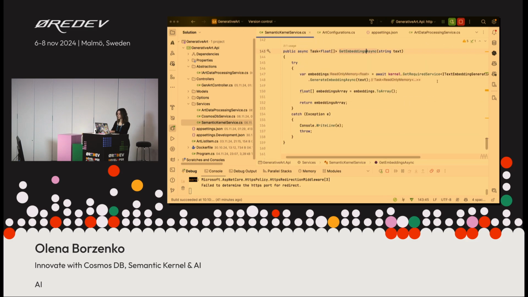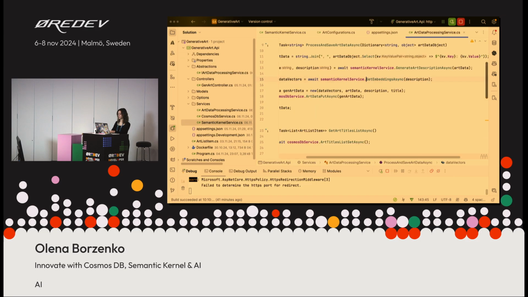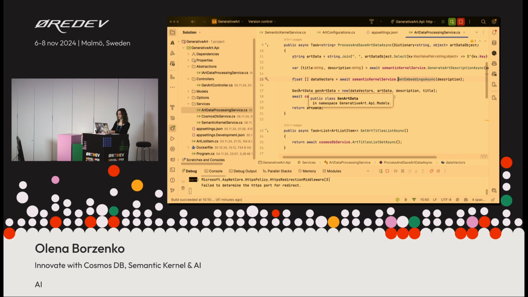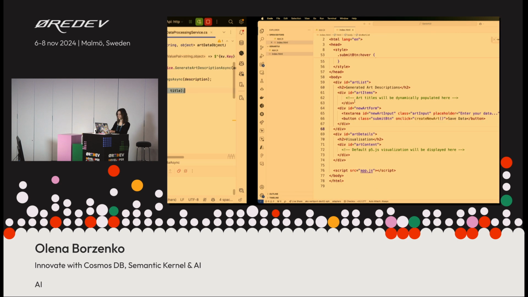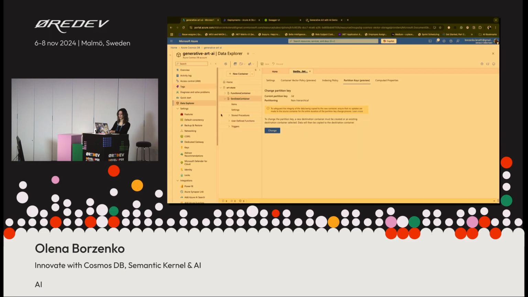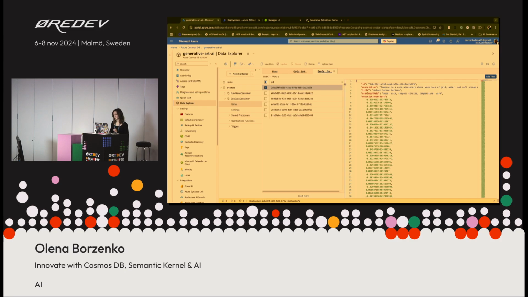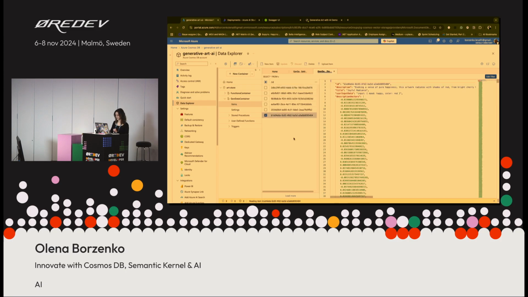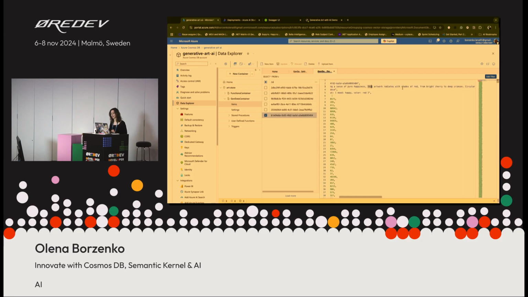So we're getting the embeddings, we're getting back the response, and we're creating the art data, and we're saving this all to Cosmos DB. The result looks like that. So I also sent a request there, as you can see. This is the one that I just sent, mood happy, color red. Evoking a sense of pure happiness, this artwork radiates shades of red from bright cherry to deep crimson. Circular shapes dominate the canvas, and yada yada. That's what I wanted. I wanted to know what shapes and what colors I need to use.